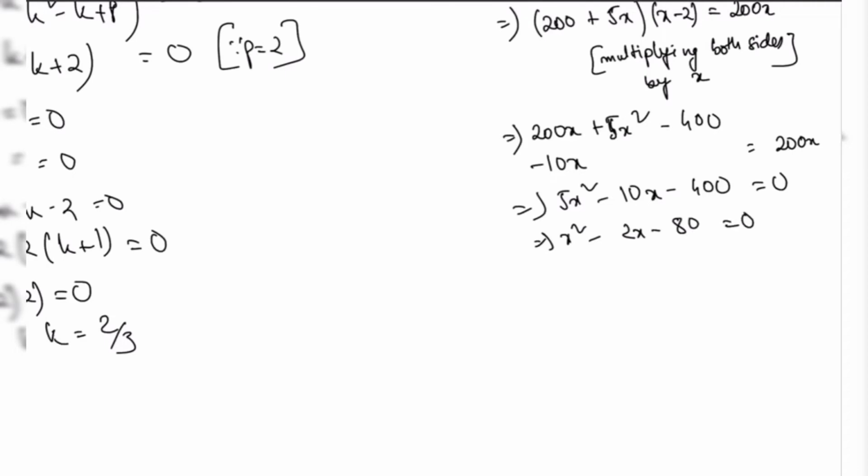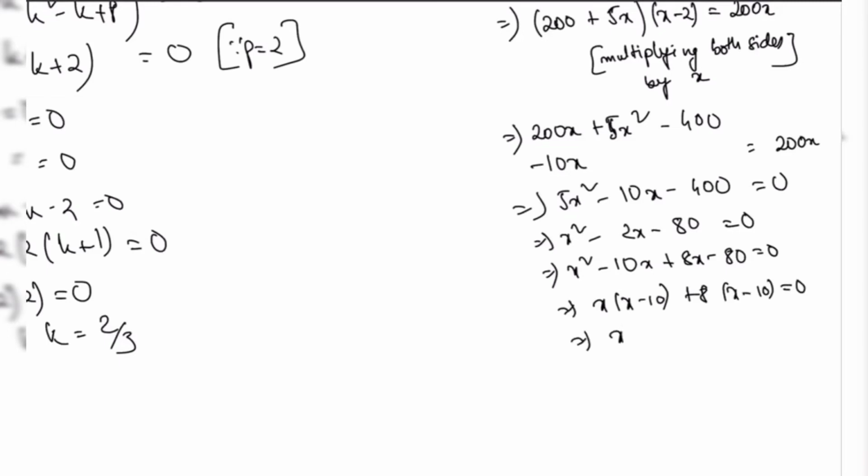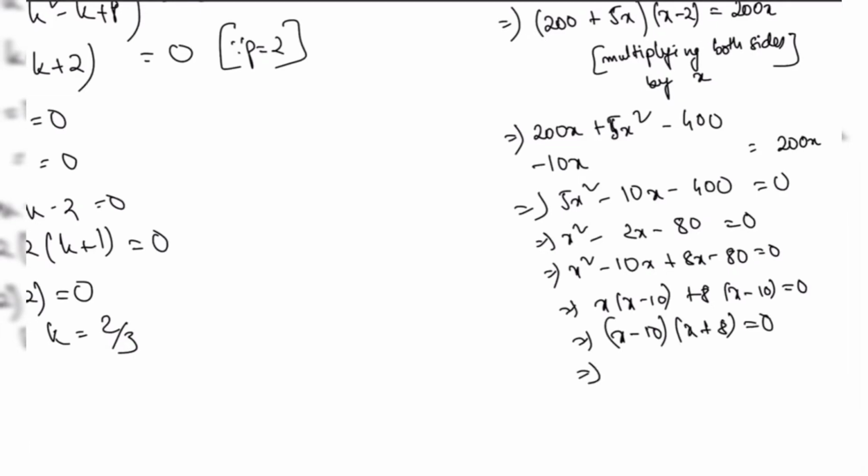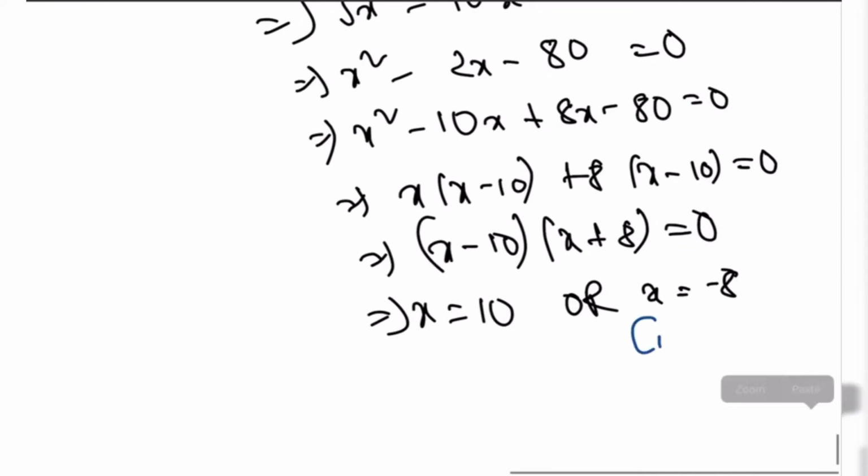So you can say we need two numbers whose difference is 2 but product is 80. So x square minus 10x plus 8x minus 80 equals 0 implies x times x minus 10 plus 8 times x minus 10 is 0 implies x minus 10 times x plus 8 is 0 implies x equals 10 or x equals minus 8. But remember that x is a cost, so this becomes